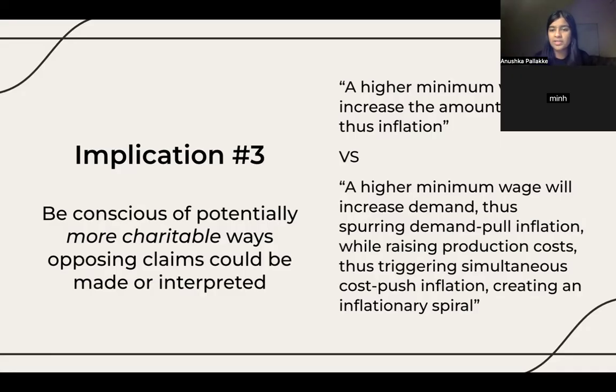So say in response to this argument, I would say, well, inflation would be increased because... let me just see. A higher minimum wage will increase the amount of money, that's inflation. For example, I could just say, oh no, a higher minimum wage will actually increase the amount of money, but it will also increase the number of products. So we might not have inflation, right? But then this argument already actively addresses the increased demand, shows why that causes inflation, and then shows why that would create the downward spiral.